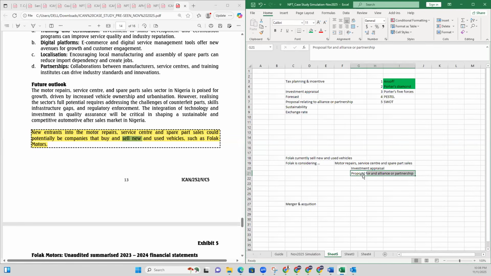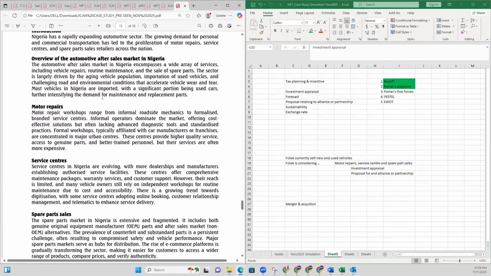And if you look at what I just tried to explain, it is not to say that FOLAC might need to merge with somebody, because that will be completely a different ball game, which is merger and acquisition. So it could be them intending to go